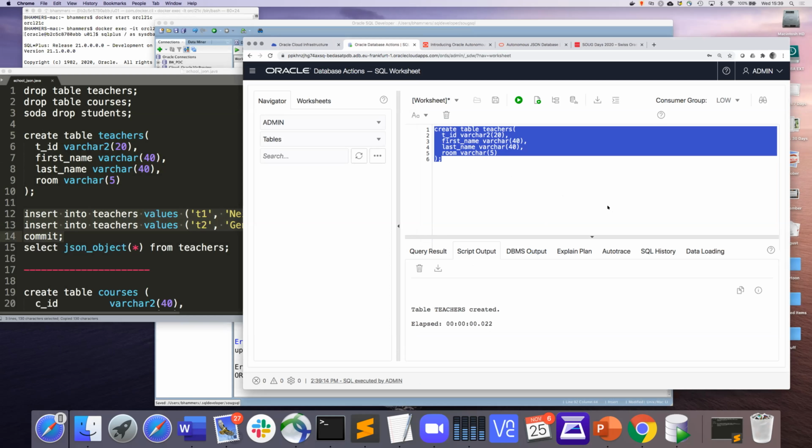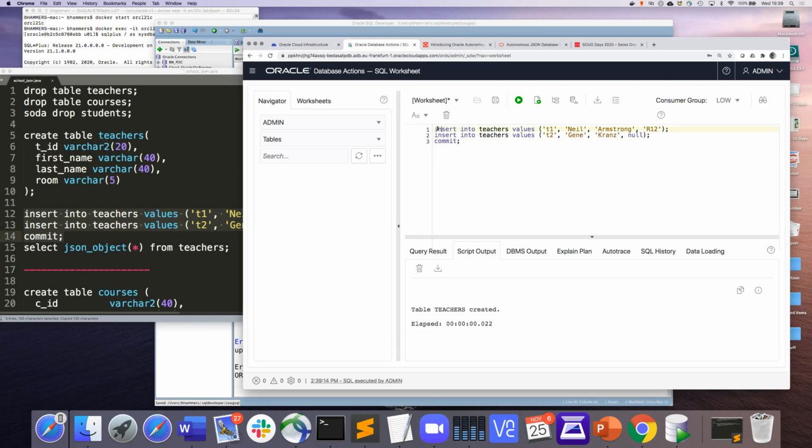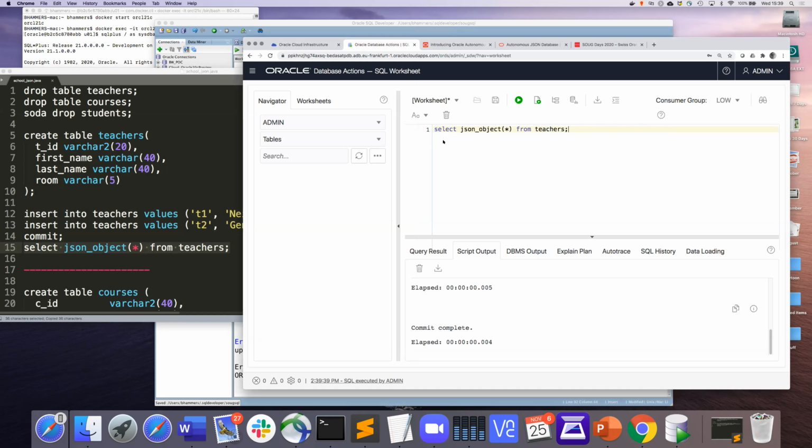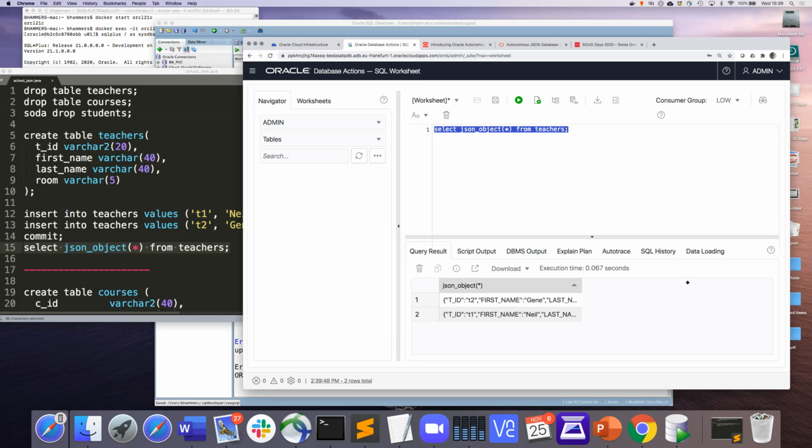So I'm inserting my teachers and I give them some IDs. This is from the moon landing presentation, so we have these astronauts. And this is now a plain relational table. But if for whatever reason we want the result to be returned in JSON, all we do is put this JSON object constructor, or generation function, on top, and what we get back is a JSON object for each row.